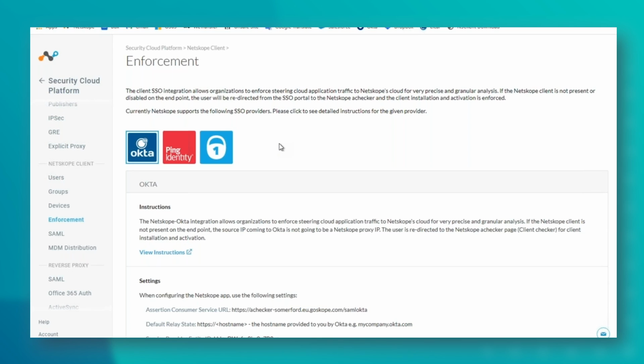But now you've got all these front doors sitting, like the Office 365 portal, like the Salesforce portal that we looked at, and they're all sitting outside of your company. So how are you going to protect those front doors? How are you going to enforce these policies? By using a client like this on the end user's machine, or using the reverse proxy that will allow you that control. So there is another side of this that we can show as well.